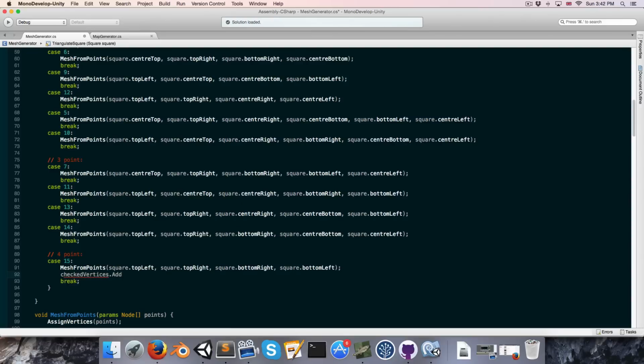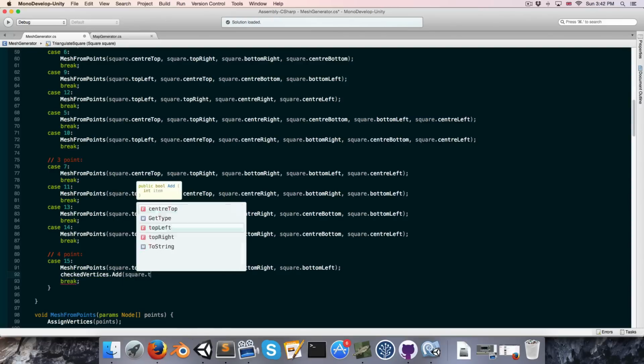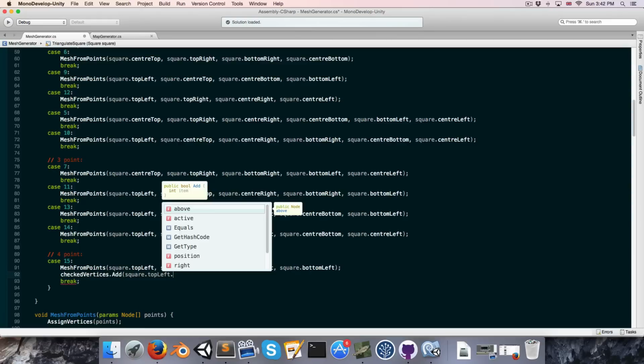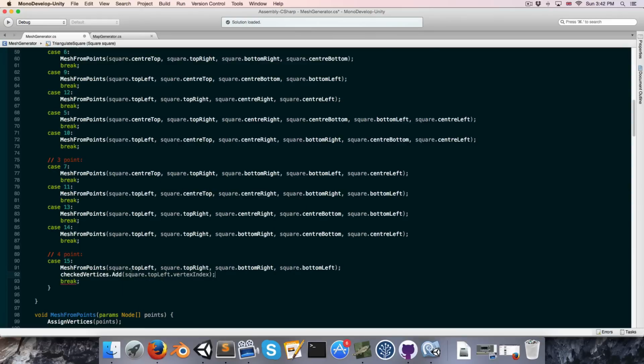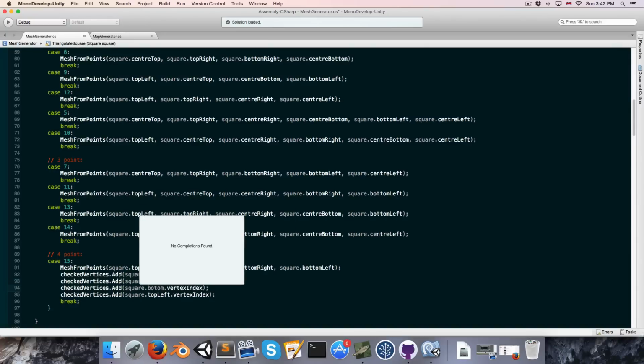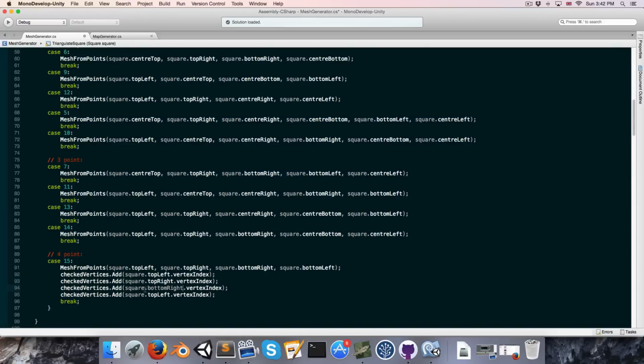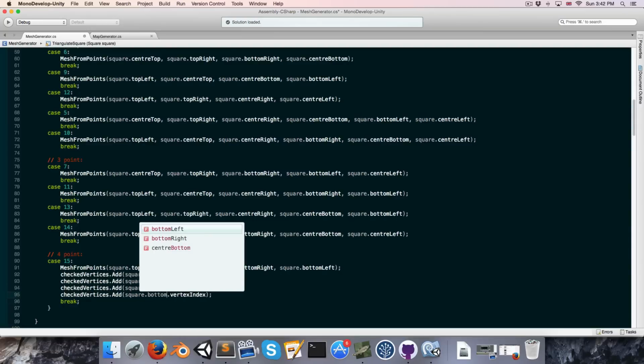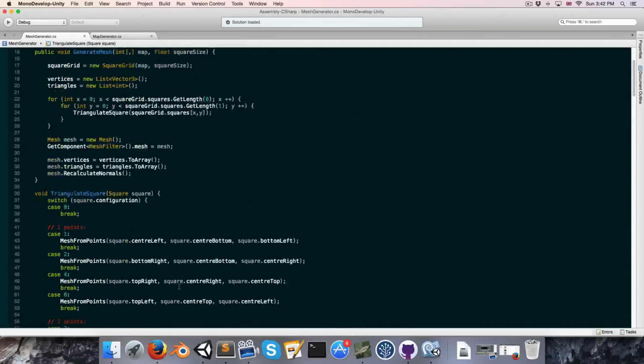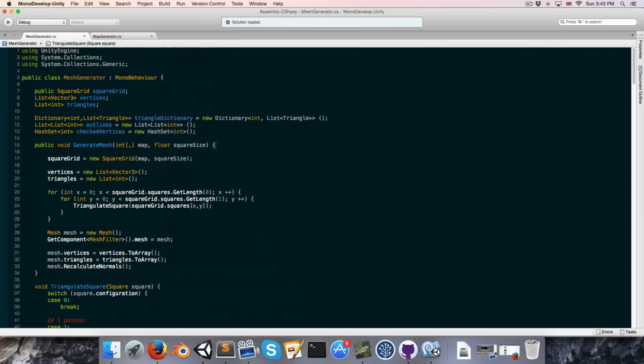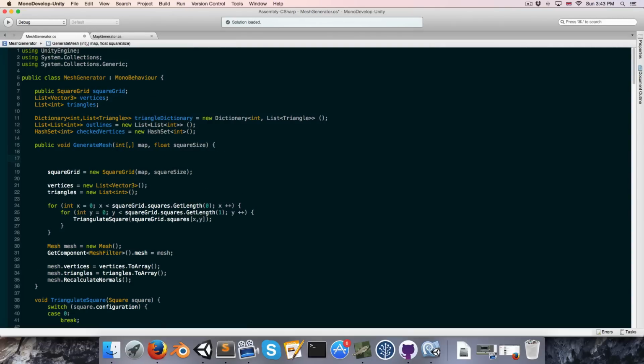So checked vertices.add square.topleft.vertex index, and I'll just copy and paste this so that I've got 4 copies. I can say square.topright, square.bottomright, and square.bottomleft. Alright, so with that done, we can go to our generate mesh method, and at the top, let's start off by